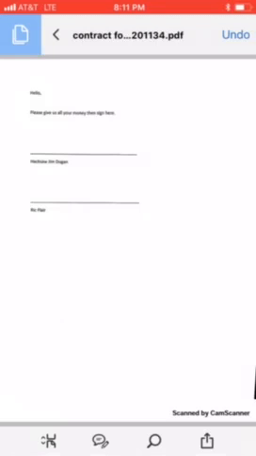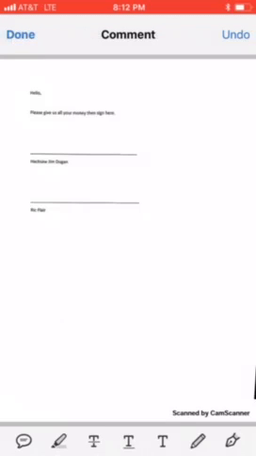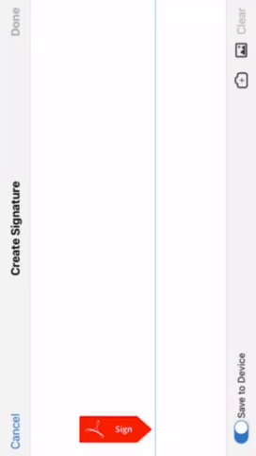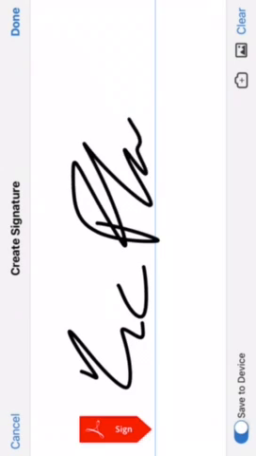So go down to the bottom, and the icon, that's the bubble with the pen, is going to allow us to do a number of things with this document. You can highlight, add text boxes, draw, or sign. The icon all the way to the right, the fancy ballpoint tipped pen, is where you can add a signature. So select that, create signature, take your time, you can use your finger, and select done,